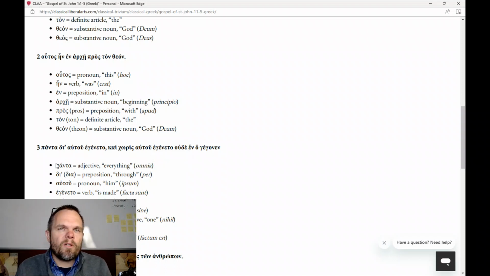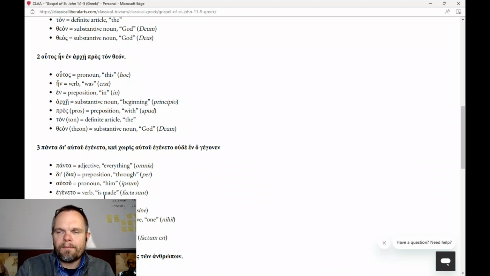This is where we get the word pantheon from. Pantheon, all the gods. Panta, everything or all things. Then we have the abbreviated preposition dia, abbreviated as di, and that means through, and it's always followed by a genitive here. Di autou means through him, all things, panta, di autou, through him, egeneto